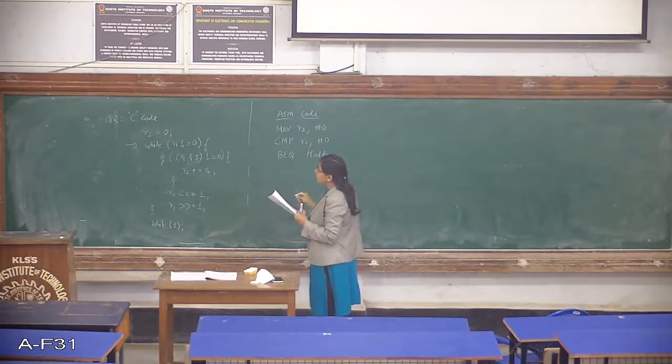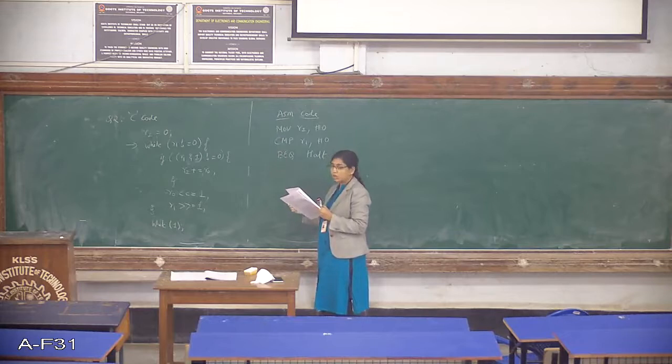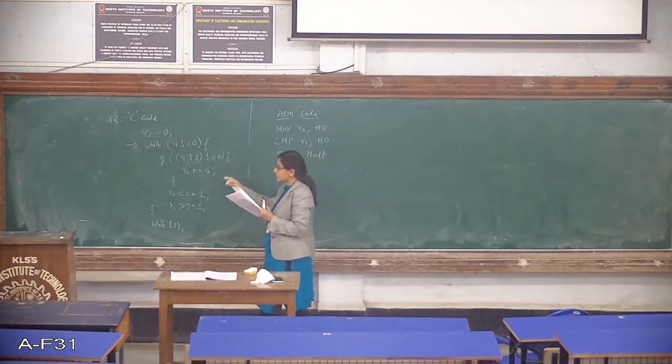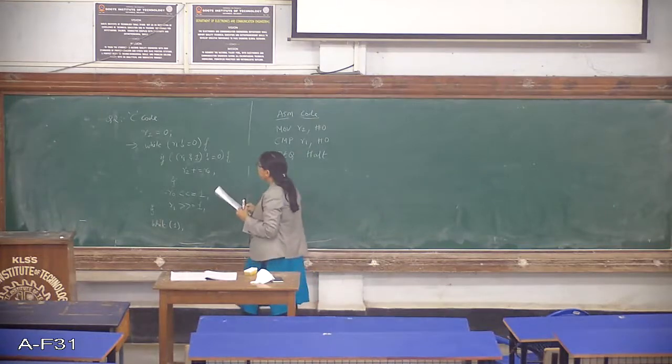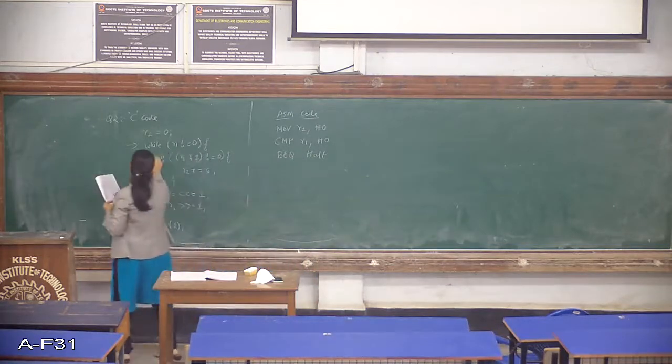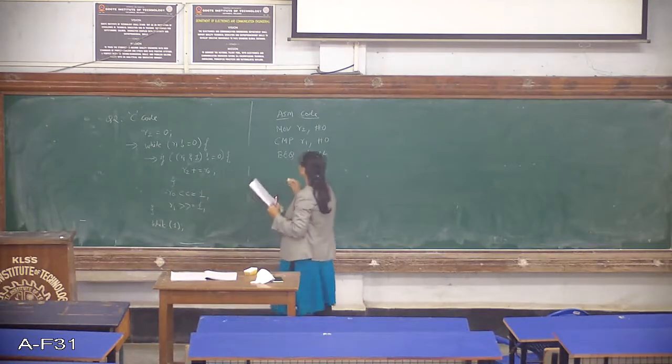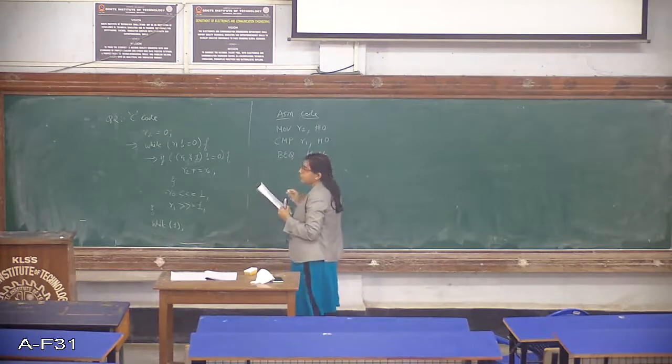Next, suppose the condition was not equal, it is satisfied. That means we'll be executing the while statements. So what is the while statement here? In this while statement, if is the first instruction here. So if R1 and with 1 is not equal to 0.